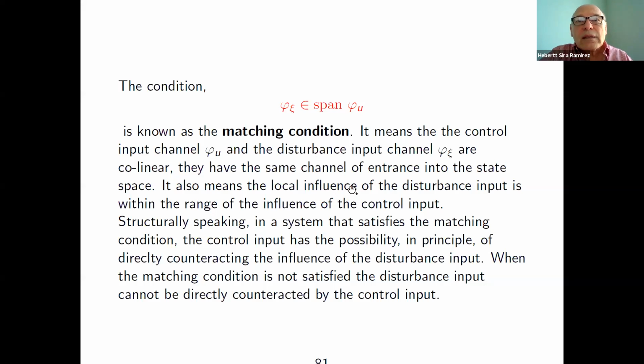So yeah, it's a geometric condition. It's a yes or no condition, and that is the reason why this is so restrictive. Either this thing is in the span and then you will be able to do something, or it is not in the span and you will not be able to control its effects. You will not be able to attenuate its effects. They will either be confined to the zero dynamics or they're going to affect your input-output linearization. And neither of them is entirely desirable, let's say. Is that clear?